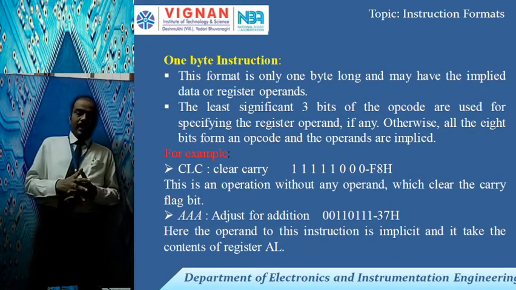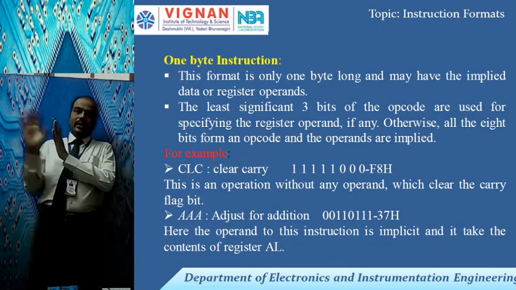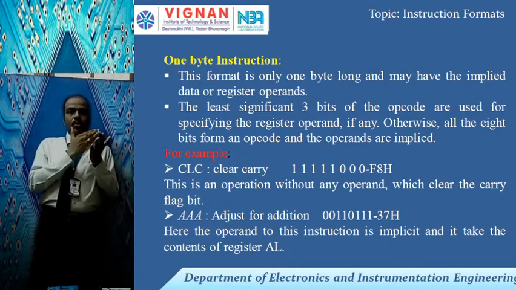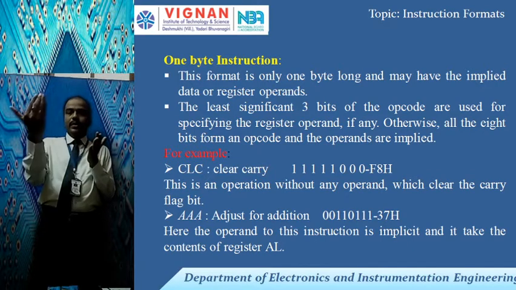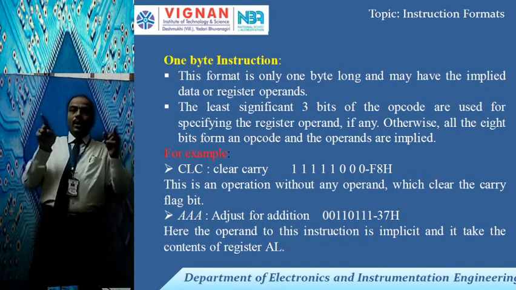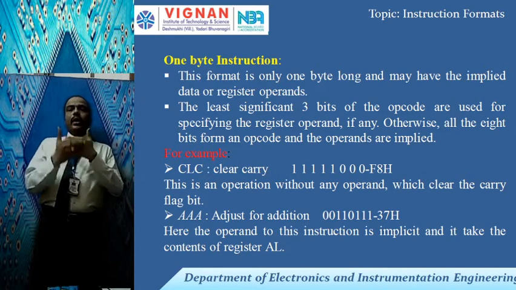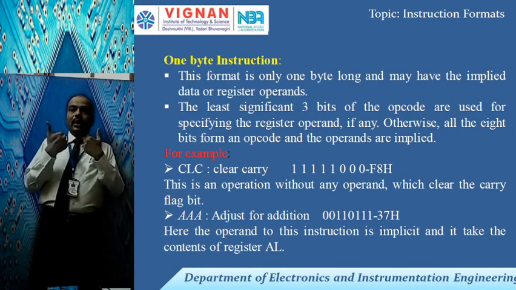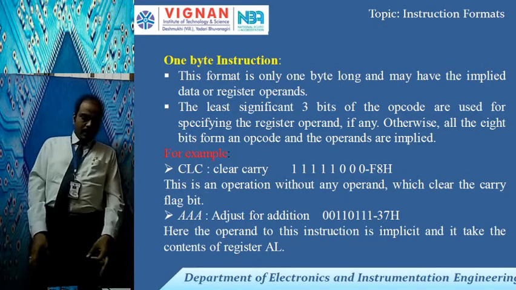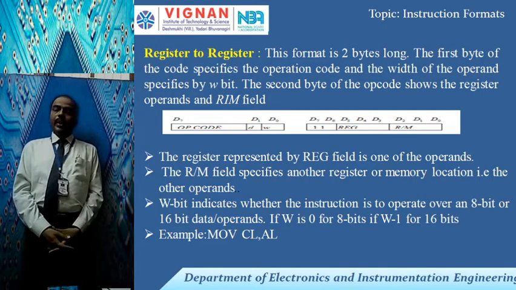So here also we are not having any extra operand like BX, AX, it is not there. Generally we have something like MOV AX, BX, that means move the data from the BX register to AX, but here it is not specified. Why? Because it is only a 1 byte instruction. In that 1 byte it contains both opcode and operand inherently, that is called implied data or register operands. So this is about the first instruction format, called the 1 byte instruction.